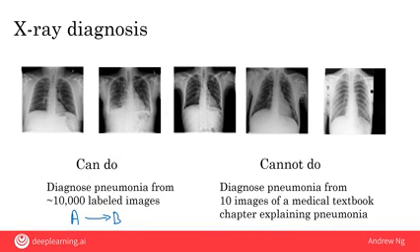A human can look at a small set of images, maybe just a few dozen images, and read a few paragraphs from a medical textbook and start to get a sense. But I actually don't know, given a medical textbook, what is A and what is B, or how to pose this as an AI problem that I know how to write a piece of software to solve, if all you have is just 10 images and a few paragraphs of text that explain what pneumonia in a chest X-ray looks like. Whereas a young medical doctor might learn quite well reading a medical textbook and looking at maybe dozens of images. In contrast, an AI system isn't really able to do that today.